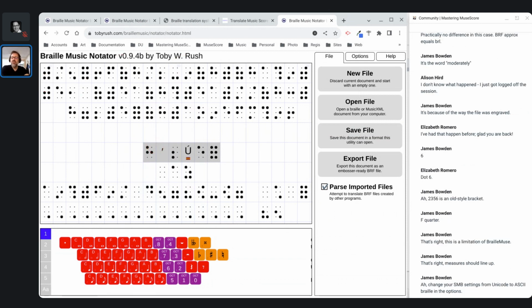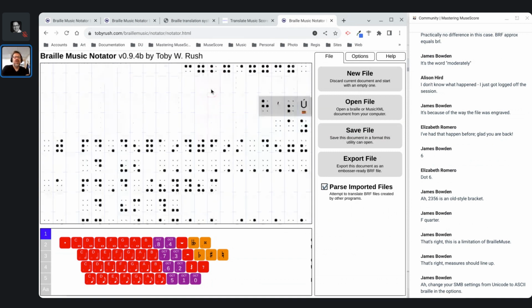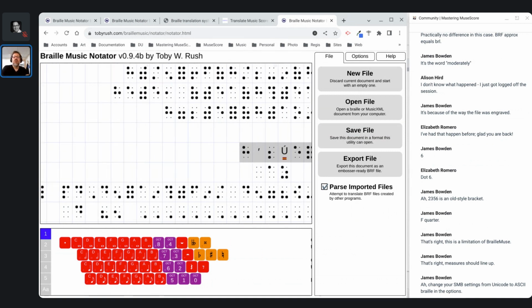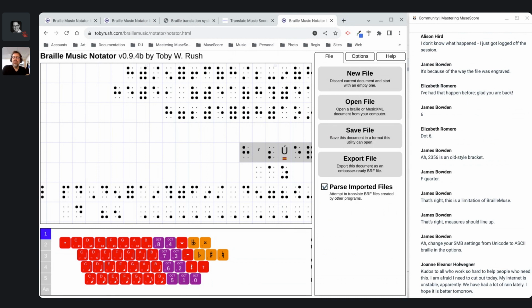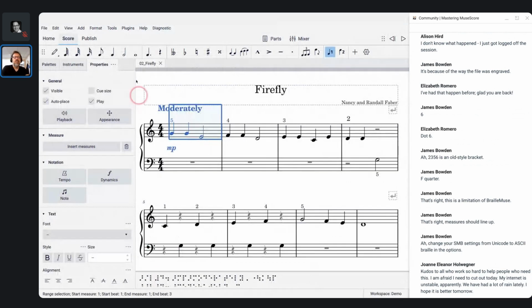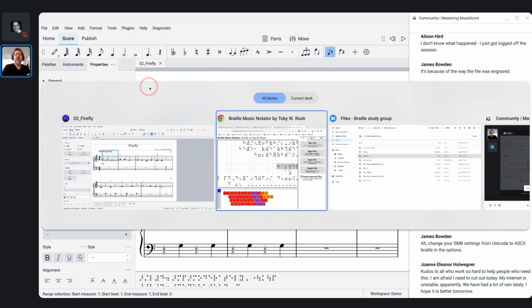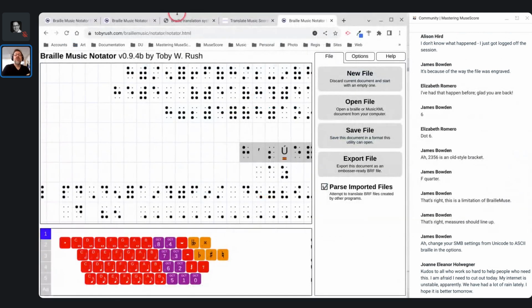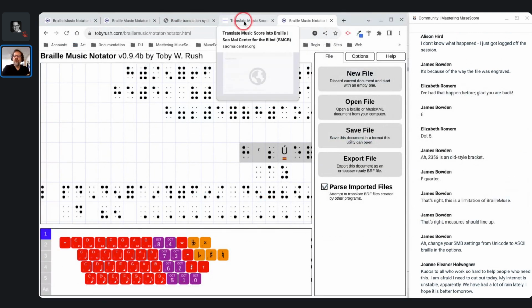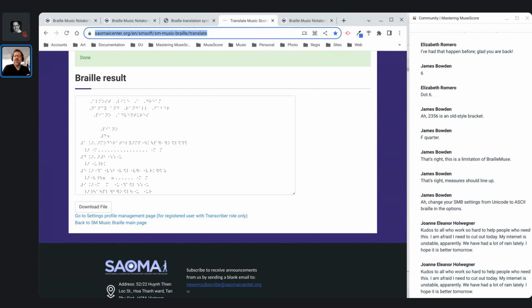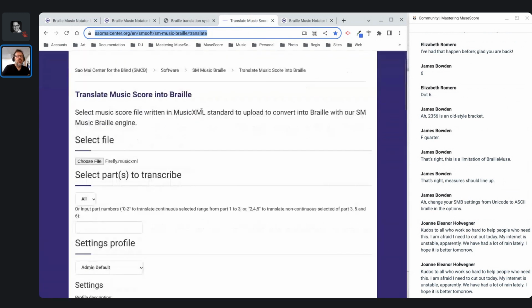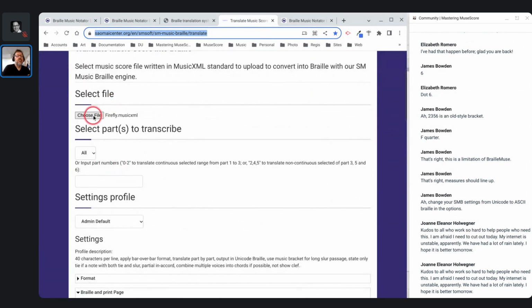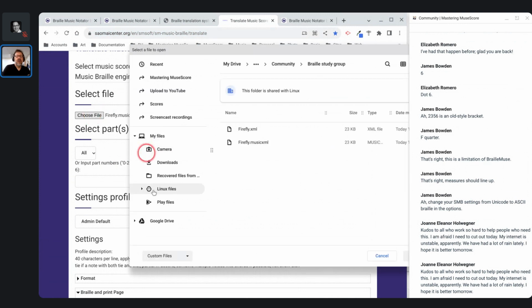Change my SMB from Unicode to ASCII in the options. Oh, is that what I need to do? All right, well, let me, because I thought I had done this and gotten it working before, but let's see. Yeah, let's just go ahead and do that. I will save a separate version of this now where I want to choose ASCII instead of Unicode. So I've selected my file,